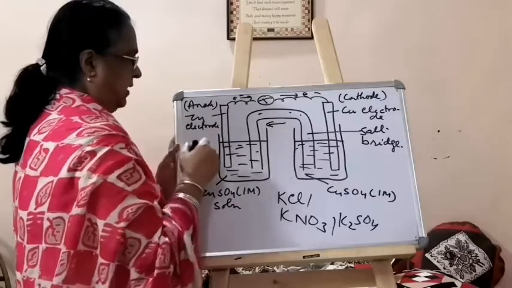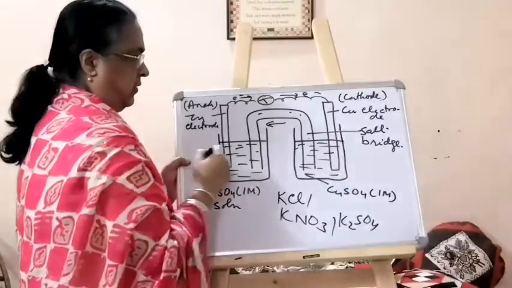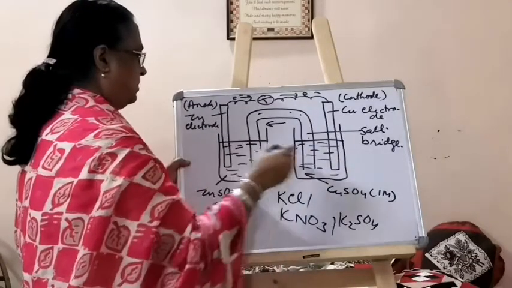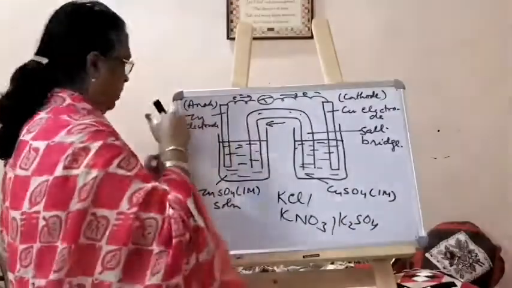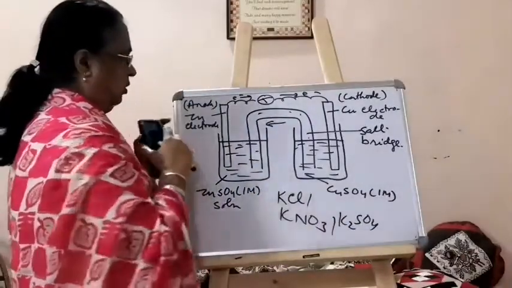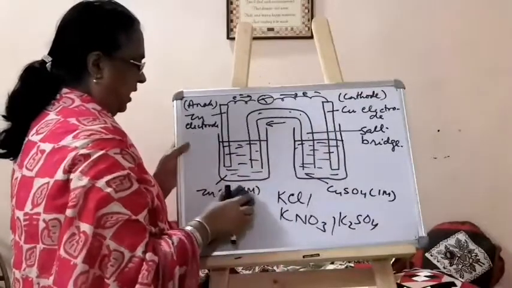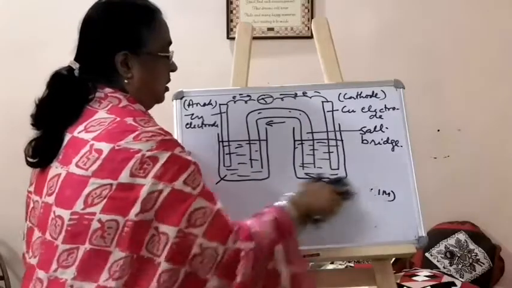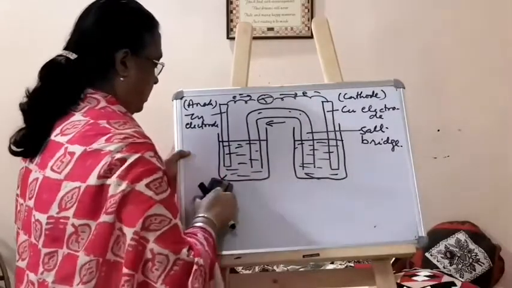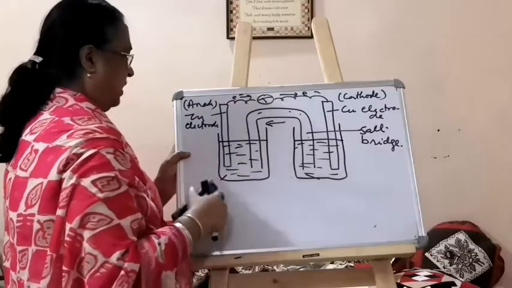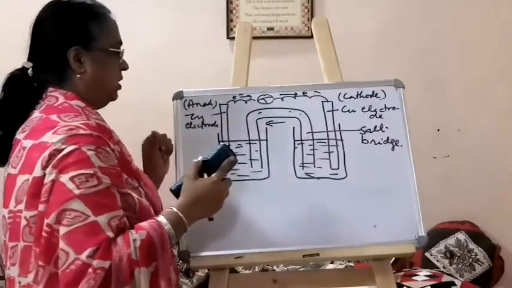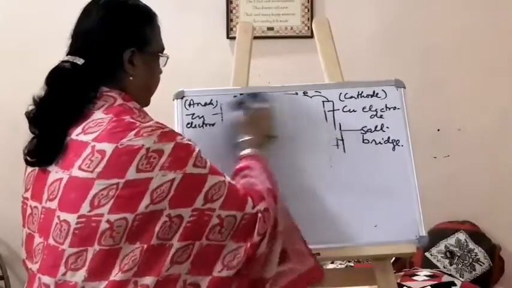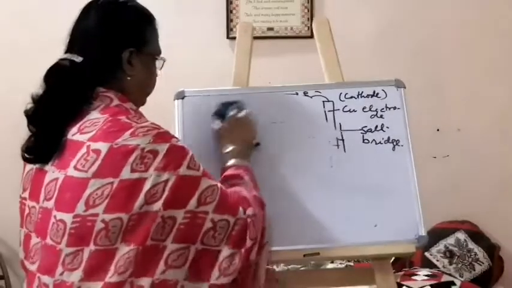The anode, the left side, is called the oxidation half cell, and this side is called the reduction half cell. So here oxidation is taking place, here reduction is taking place, as you have seen. So the whole cell has a redox reaction. This part we did last time, and today I will be explaining to you the electrode potential. So the reaction which we considered last time, if you remember,